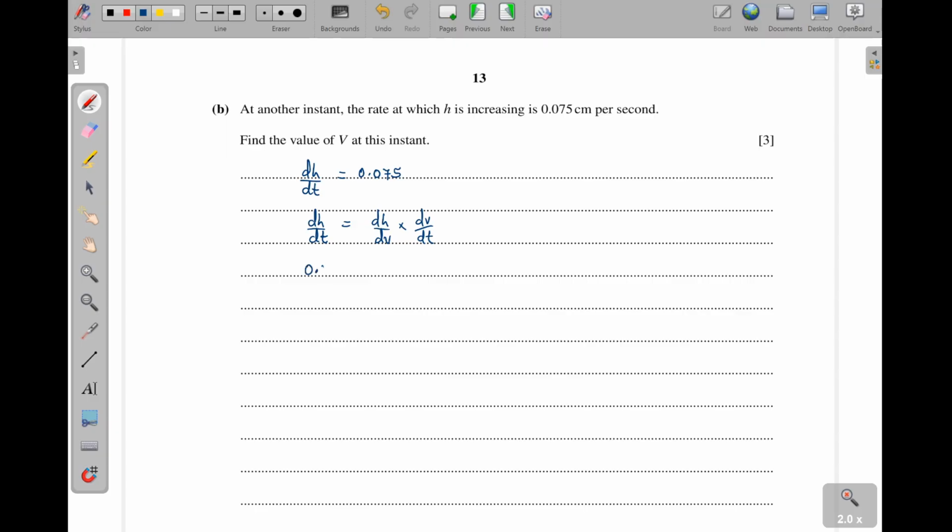I will put 0.075 here. And then dh/dV, remember, is 1 over dV/dh, which is 4 into (25 plus h) squared, then times dV/dt, which is 500. You see that? Then we can cross multiply here. We make h the subject of the formula. So when we cross multiply, I can bring this (25 plus h) squared here. Then we can have this 500 divided by the 4 that is here, and then I can also switch this one down, then times the